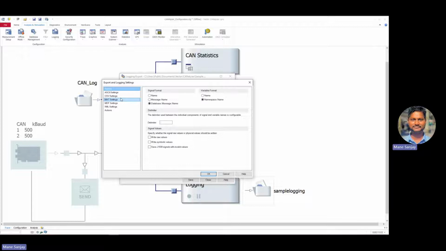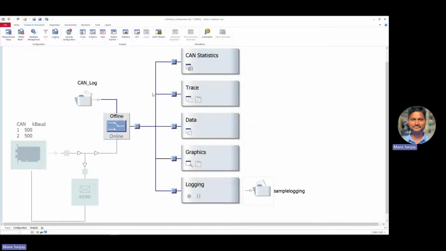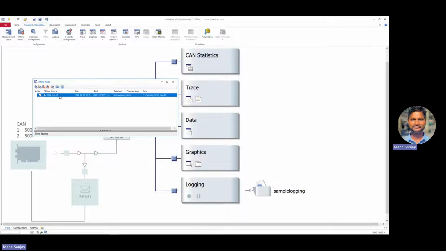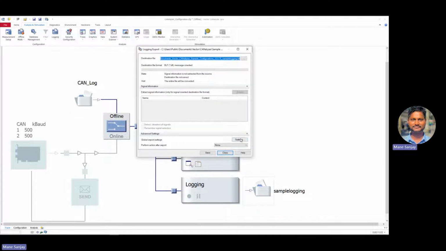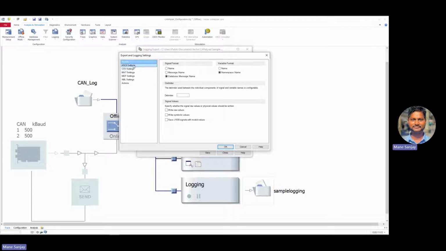Now, very important is when you export any of the CAN log, we have selected the source file, that is the BLF file. And let me show you again here. If I close this option and if I double click on this, you see here the format is a BLF. Okay, so if I come here in the export option and if I go to the settings, you see